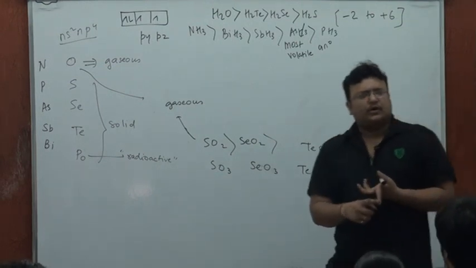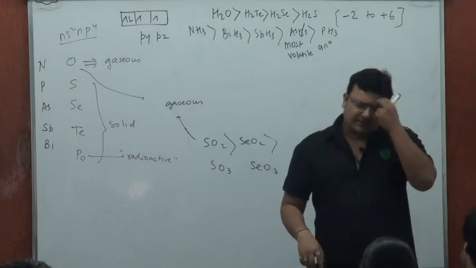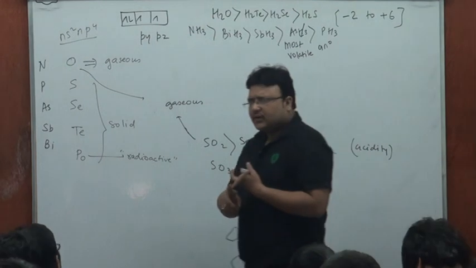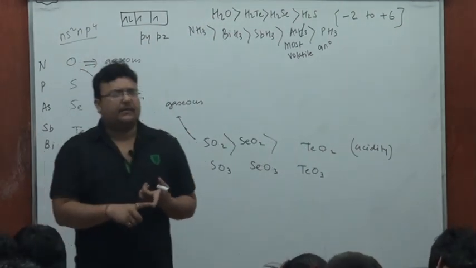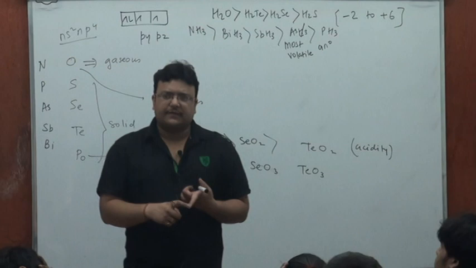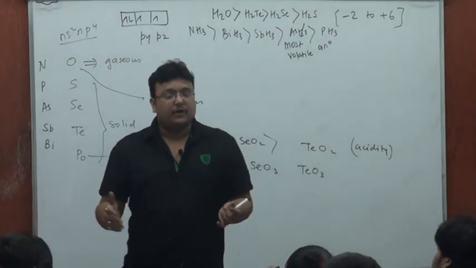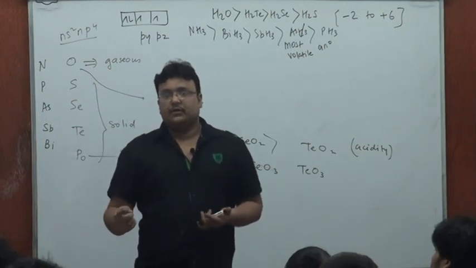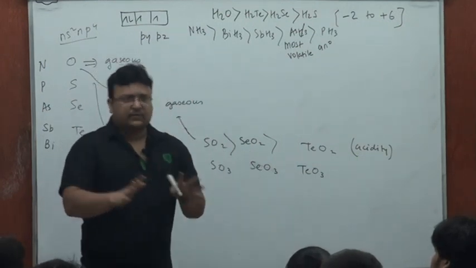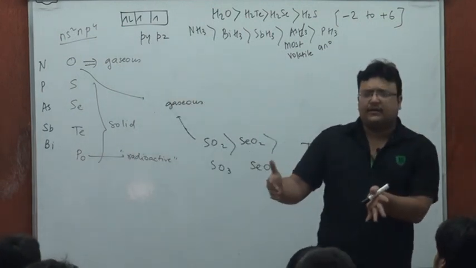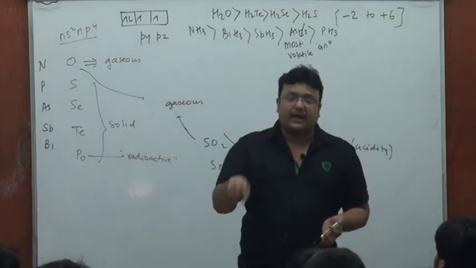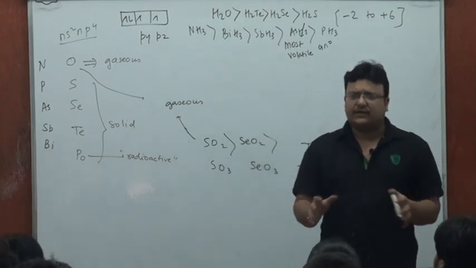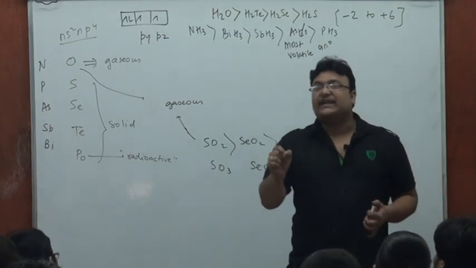For hydracids we bother about the bond length. For oxyacids, I am kind of repeating it so many times. Again, it's worth it, because you will want to keep in mind, for hydracids it's about bond length. Bond length will be more, easy to break, it's going to be more acidic, and down the group the acidity would be higher. The treatment for oxides and oxyacids should be exactly the same, because these oxides in water would form the oxyacids. Yes or no? We are not bothered about the size of the element. It's about electronegativity.